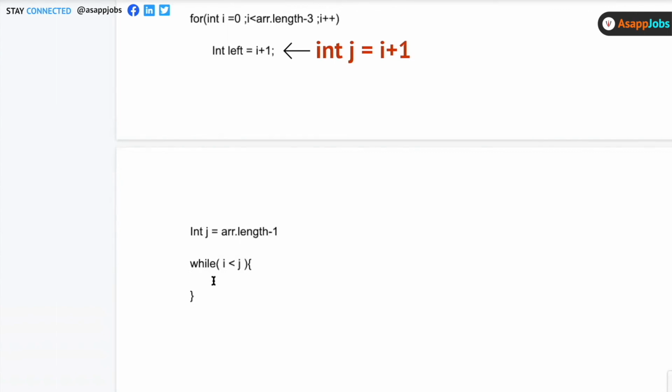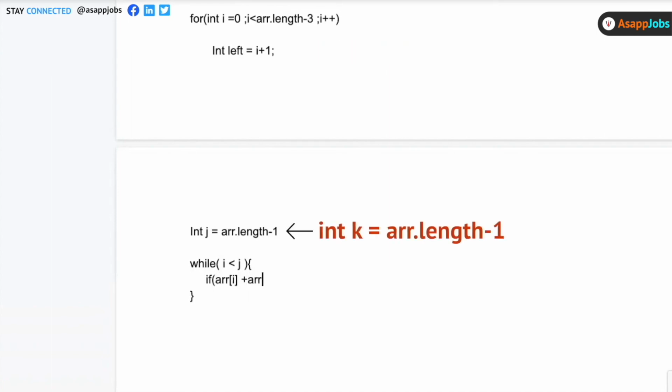So while i is less than j, what I do is, if array i plus array j plus array k is equal to the given sum, then you just return true, that yes, it exists.